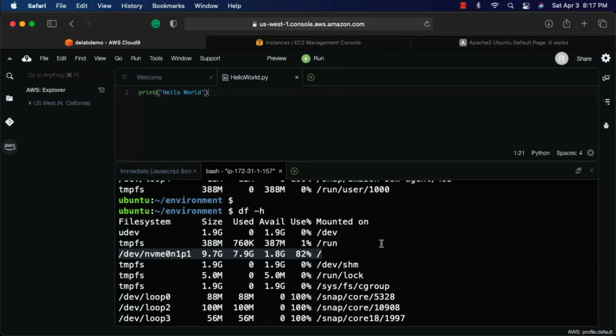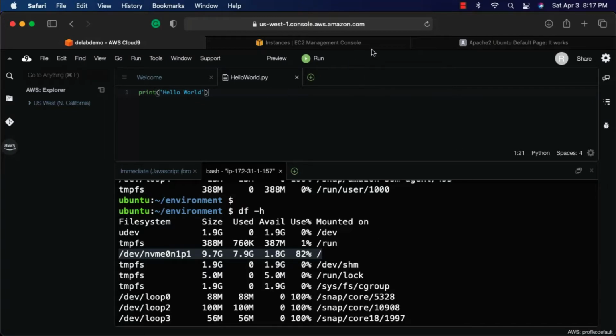As Cloud9 is nothing but an interface on top of EC2, we should be able to play with the storage on EBS volumes associated with the EC2 instance, and we should be able to increase it to a higher number. Let's try to increase the storage to 32 GB. We'll also understand how to validate whether it is increased or not.